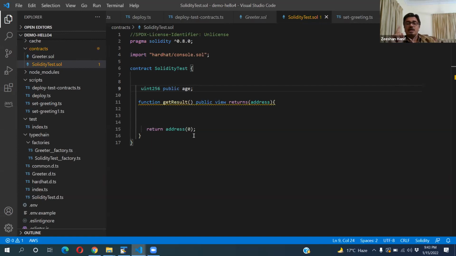Now the difference with a public variable in Solidity and any other language is that a public variable can be accessed from the outside as a variable, but it cannot be modified from the outside without using another function. So this is public, it is accessible, but it is not modifiable. Solidity does not allow a variable to be modified directly in any way. You have to write the functionality